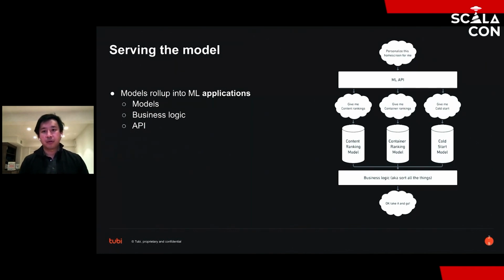So with Akka, it's very natural. It helps us naturally separate out the concerns of the API layer from the modeling layer to the database interactions, to the actual business logic, which we'll see some details of in a little bit.